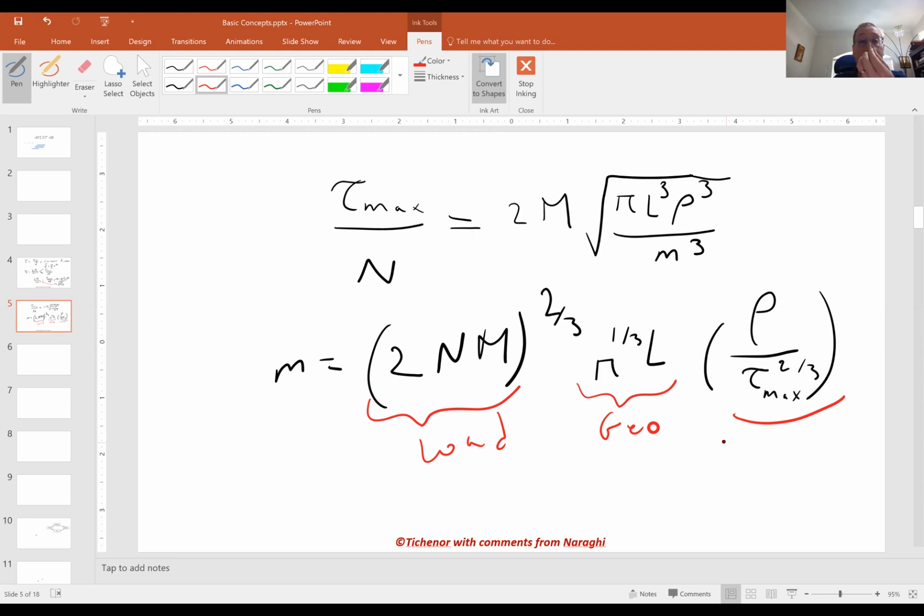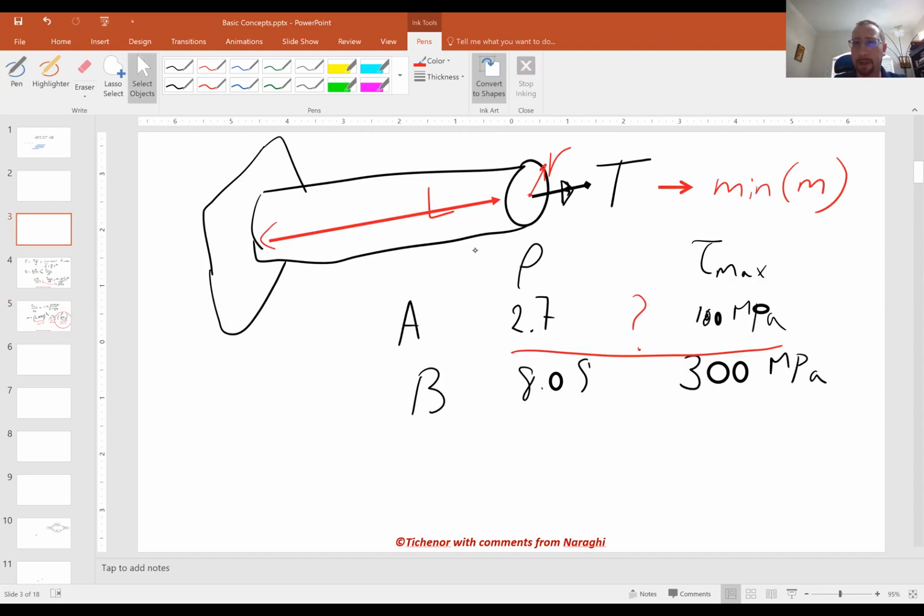What is this about? Material. Exactly. It's only material. So basically, if I want to compare the two materials, all I need to do is compare these two terms between the two materials, okay? And if I do that, and I go back to my first slide, so basically what I need to calculate is